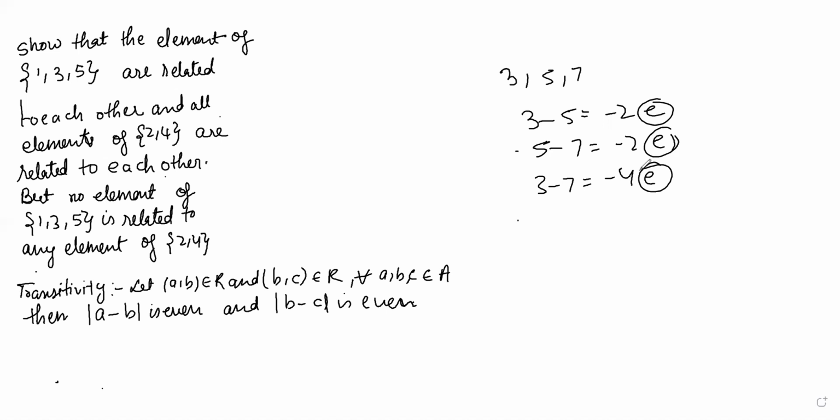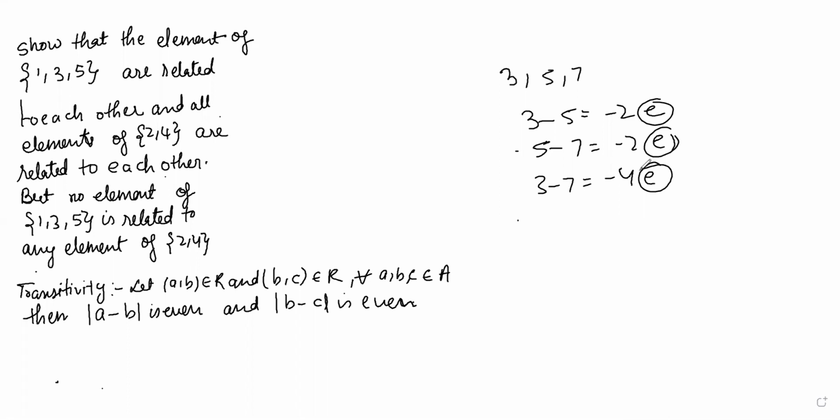For symmetry also, both are odd or both are even. But for symmetry, two numbers are there, so we are just perceiving it and doing it like that, not explaining more. But transitivity is a case of three elements, so we will take it carefully. Till now, have you understood this part or not?